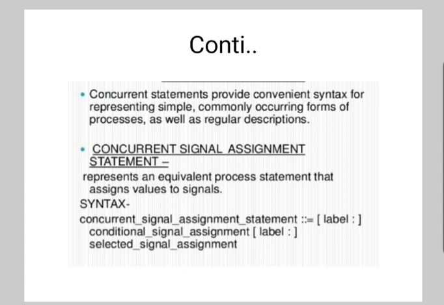The VHDL architecture body consists of a set of interconnected concurrent statements. These statements in a design execute simultaneously. All these statements describe the functionality of multiplexer structures. It is not possible to design a storage element like a flip-flop using concurrent statements only. The concurrent statements defined in VHDL are concurrent signal assignment, block statement, component instantiation statement, generate and process statement.